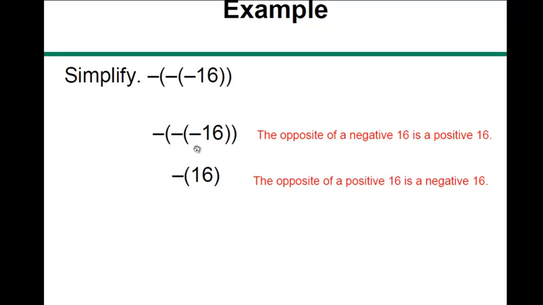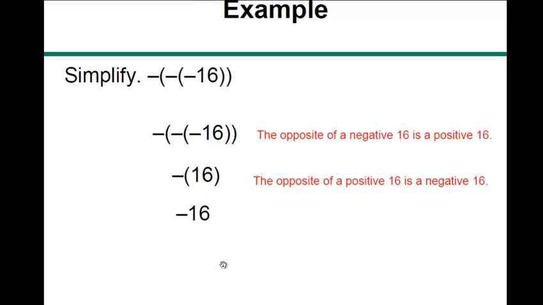What is the opposite of a +16? That would be a -16. So when we're talking about multiple negatives, you need to look at it as being the opposite of the number in front of it. You also can think of it as this is a negative times a negative, and we will get into those when we're talking about multiplying